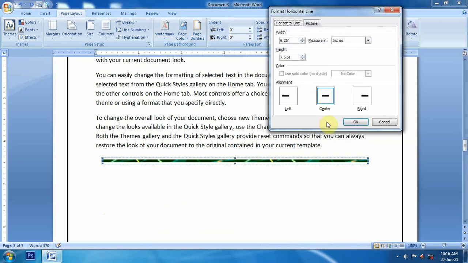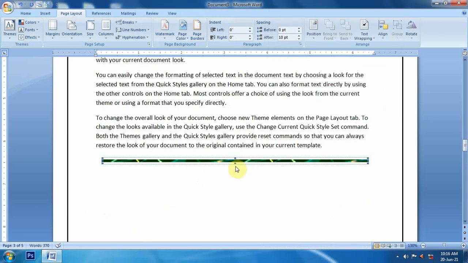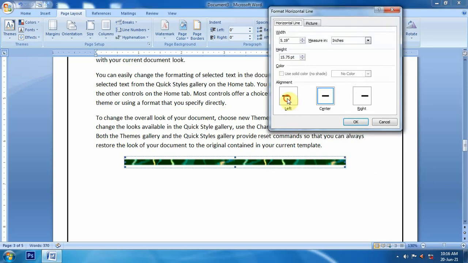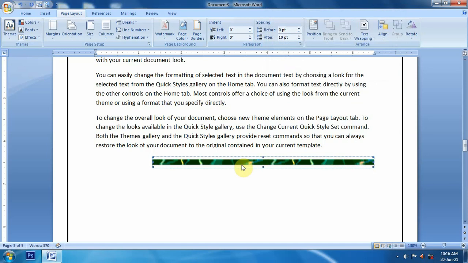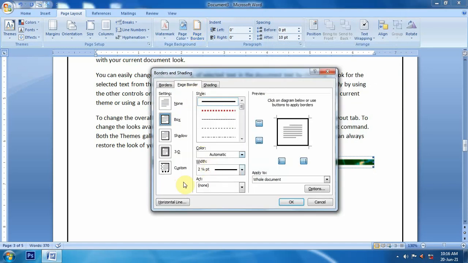Yet we can change its size, its width and its alignment, but we cannot change its color because it is a picture, not a solid line. So these are the features that we can apply on a horizontal line.